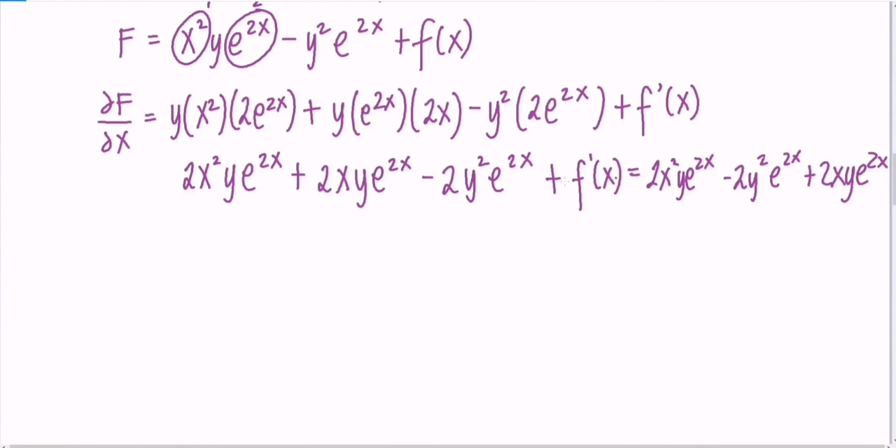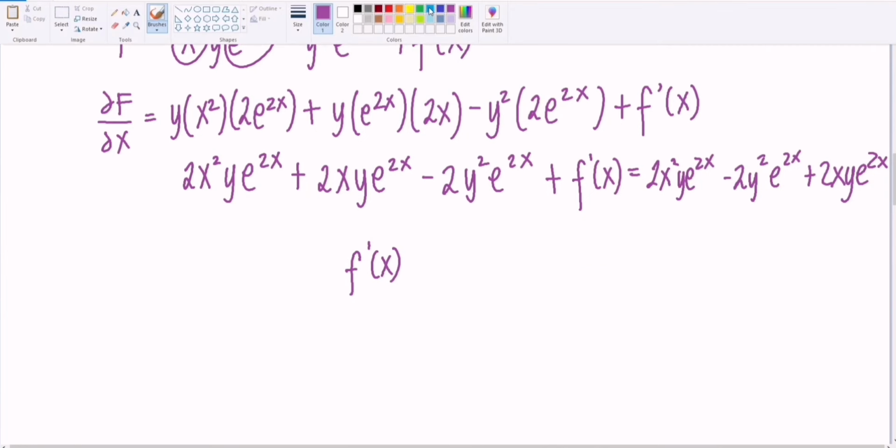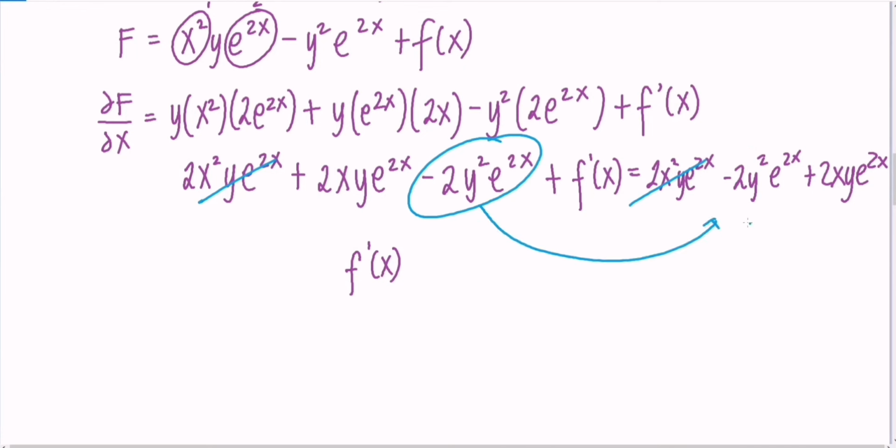Ayan. Okay. So, may mga makakancel ba? Let's see. So, f prime of x, 2x squared y e raised to 2x. So, ito, pag binalibag ko doon, magiging negative siya. So, makakancel sila, guys. Ito, pareha sila eh. Tama? Okay. Ito naman, negative 2y squared, and then e raised to 2x. So, since negative 2 siya, at ito, negative 2 rin, pag binalibag ko doon, magiging plus siya. So, magiging plus 2y squared e